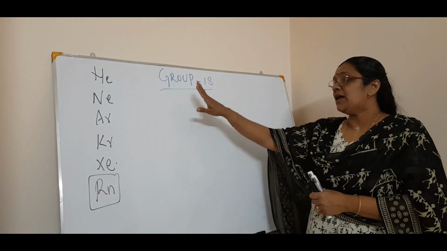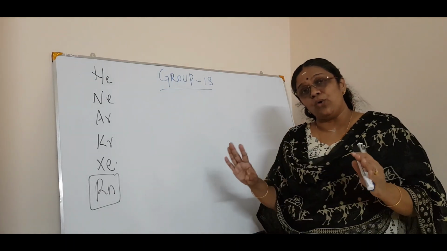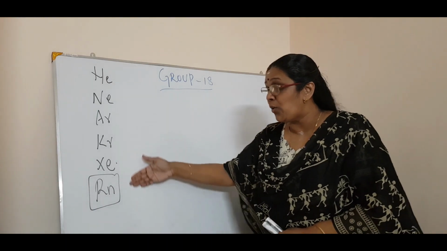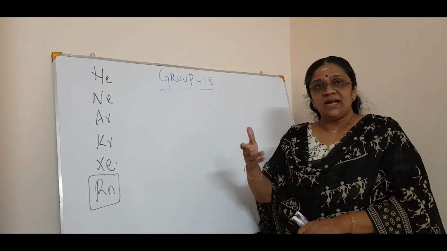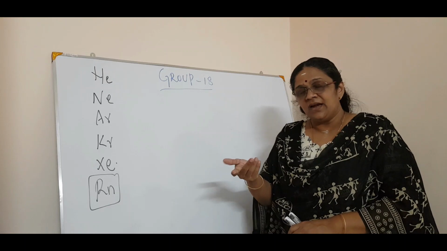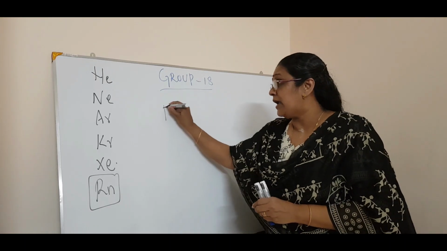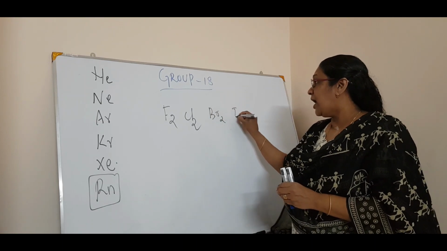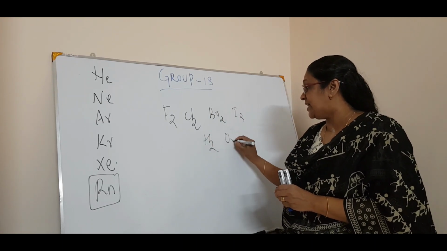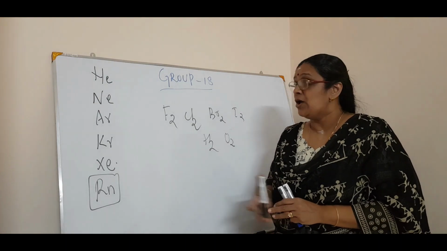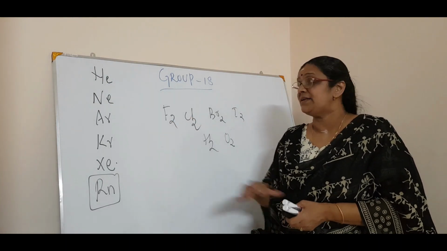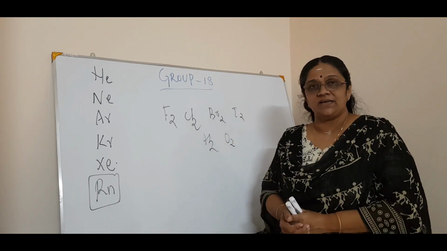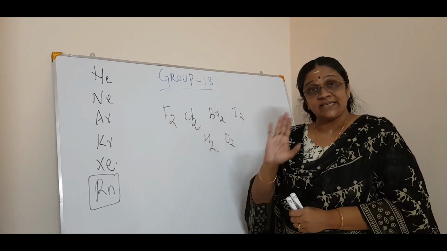Okay. So this is the group 18 element, and as you all know, they are stable elements. They are stable and they are monoatomic elements. Monoatomic means it doesn't exist as molecules, isn't it? For example, when you talk about halogens, it exists as fluorine, chlorine, bromine, iodine, hydrogen, oxygen, etc. They are all diatomic molecules. But when you consider the noble gas elements, they are all monoatomic in nature and they are very, very stable, isn't it?